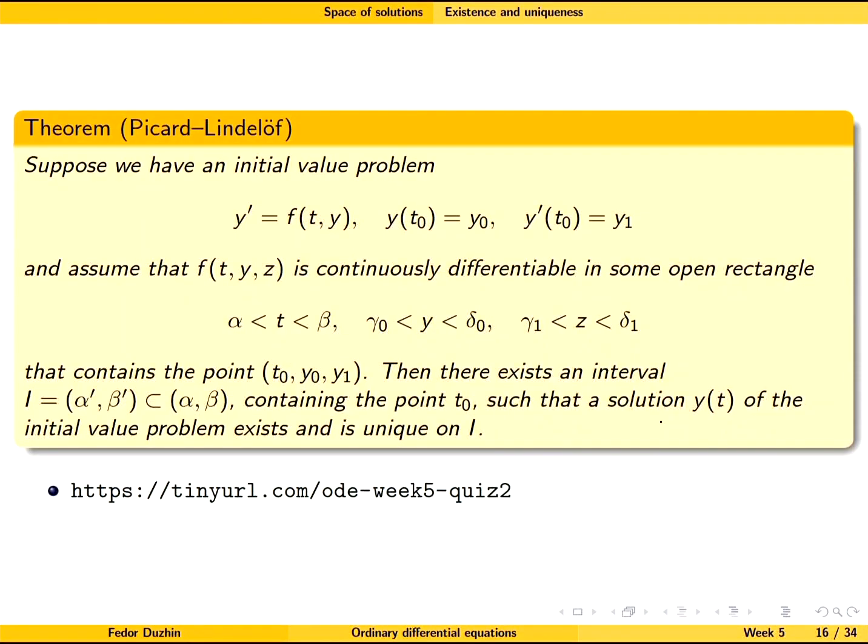And here is the general Picard-Lindelöf theorem for a second order, not necessarily linear, differential equation. If you review the proof of the Picard-Lindelöf theorem very carefully, you will see that it works without any change for systems of differential equations rather than for individual differential equations. So the theorem that you see here, not only can we prove it, but we already proved it in the last tutorial. Okay, and now I suggest that you stop the lecture and